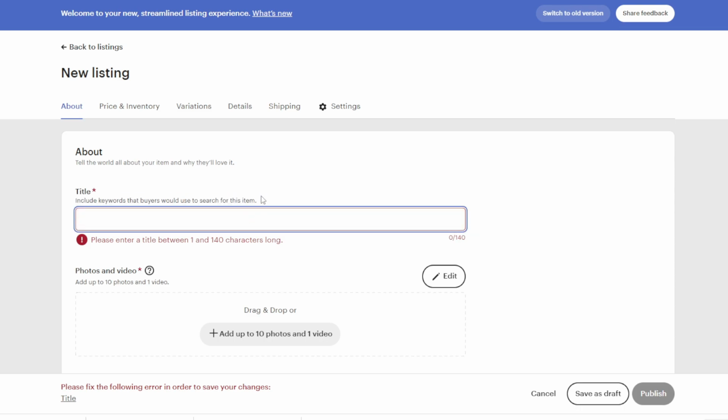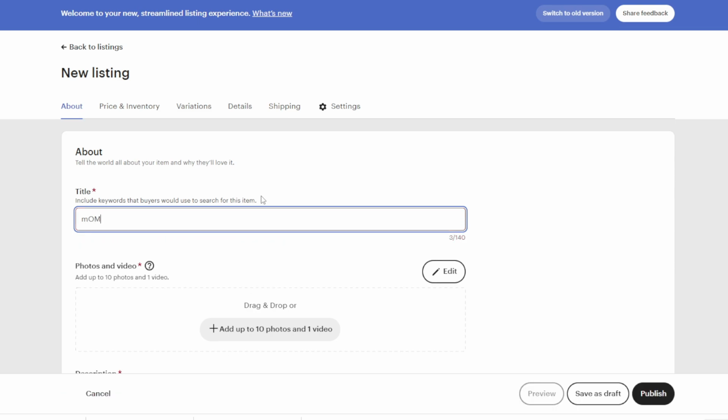Now, unless they've changed it, I've been doing Etsy since 2017, and the standard has been the first 3 keywords are the most important. So for example, if I'm selling a mom shirt, I'm gonna wanna put mom shirt at the beginning, okay? Now, let's say you're selling a funny mom shirt. You could say mom shirt funny, okay? And then you might want to go mom t-shirt. And if it's a specific design, like let's say it says blessed mama, you could put blessed mama shirt, cute mom tees,